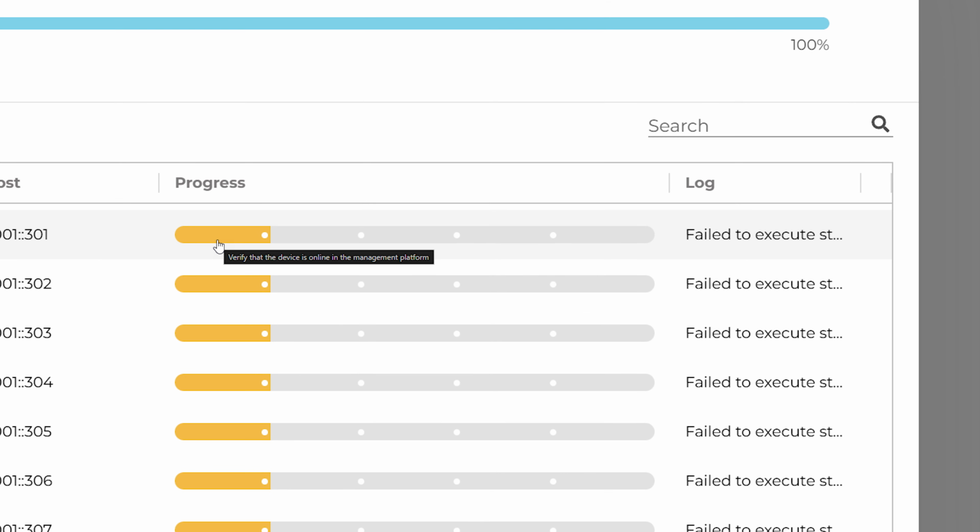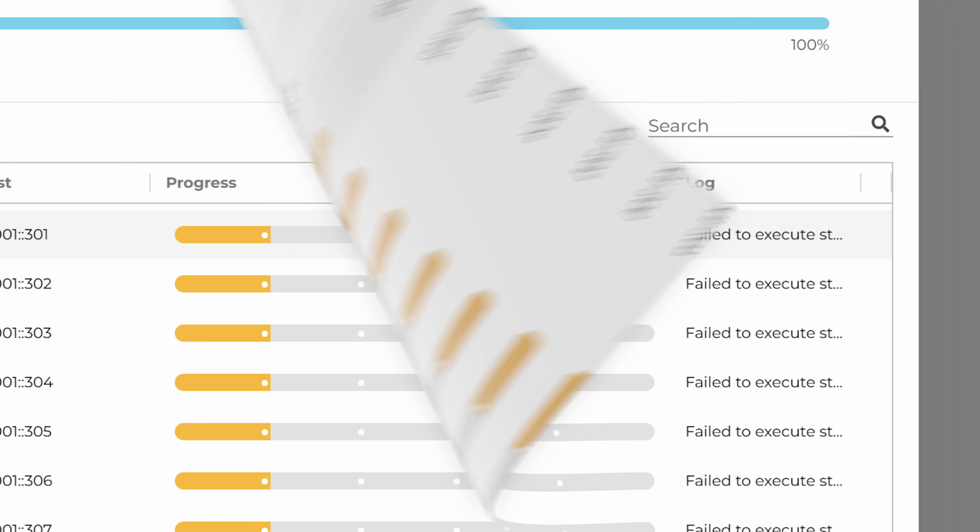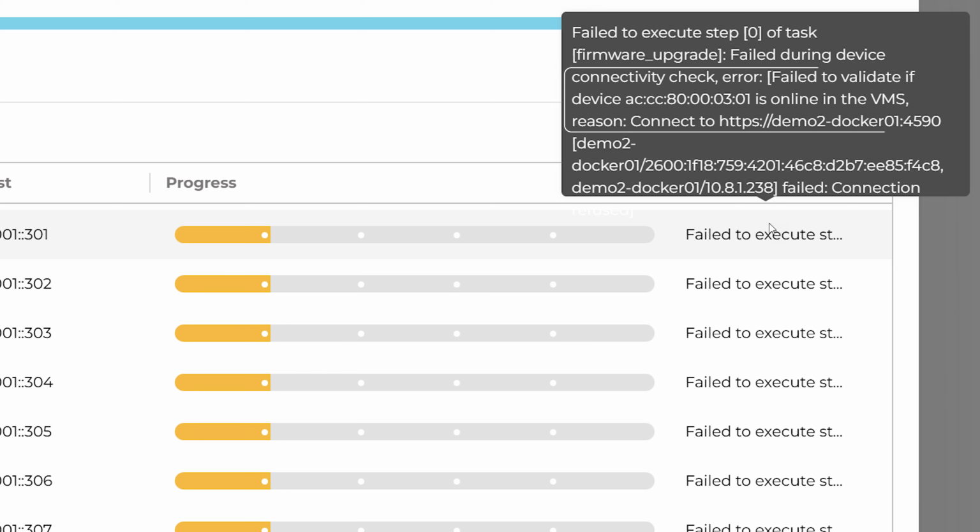Other times, you might see a message indicating a communications failure, possibly between the device and its management system, or the device or management system and the SecuriThings connector. You should validate that you can connect to the device and the management system directly. However, in a communications failure, you may need to get your network team involved if it's more complicated than a